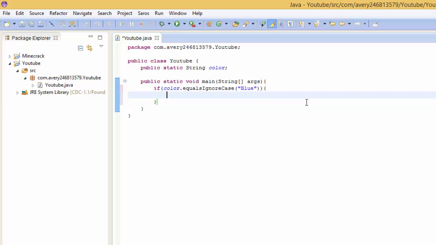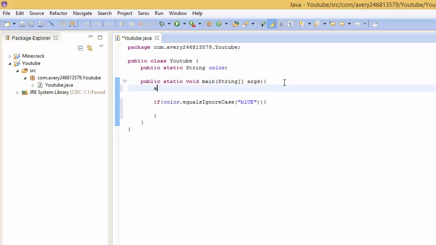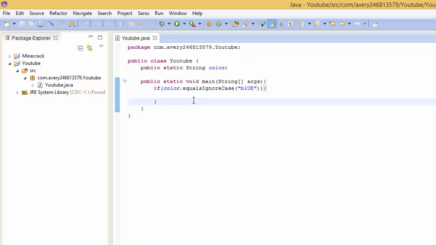So inside this if statement we just created, which checks if color is equal to blue, ignoring the case, that means I could have blue with any uppercase letters. If the color I had was blue in all uppercase, it would ignore that. It's just looking for what letters are in order. So if the color is equal to blue, then what we're going to do is